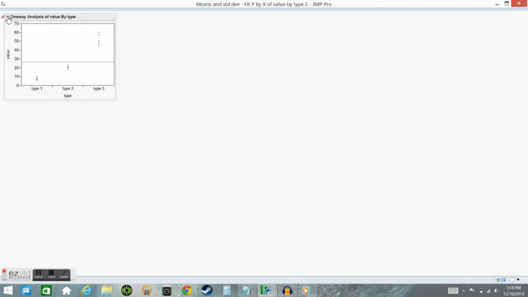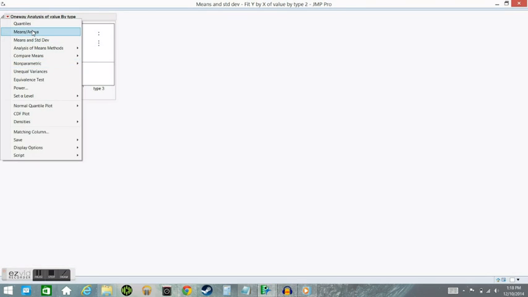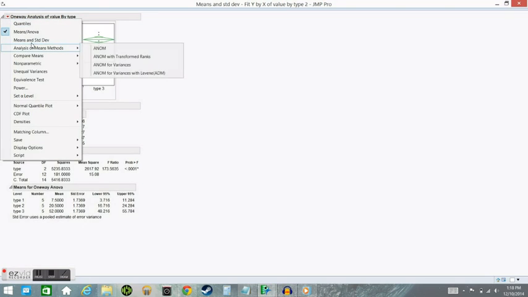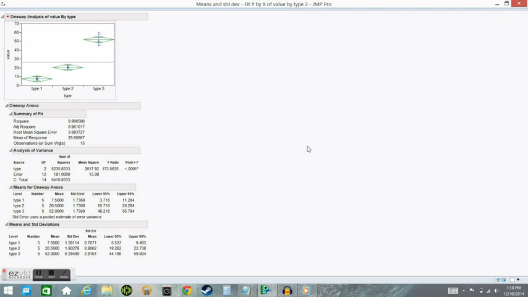You get a table that looks like this. Now click this red arrow, drop down, click Means/Anova, and Means and Standard Deviation. The Means/Anova and the standard deviation will both give you the mean of everything. The standard ANOVA will give you the standard error. The means and standard deviation will give you standard deviation for each individual type. The standard error is going to be the standard error across the entire data set, which it's going to use for confidence intervals, lower 95, upper 95. And the means and standard deviation is going to use the standard error for each individual one of these to